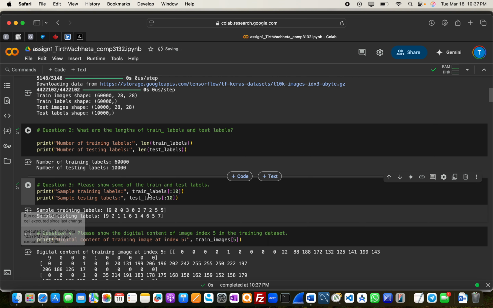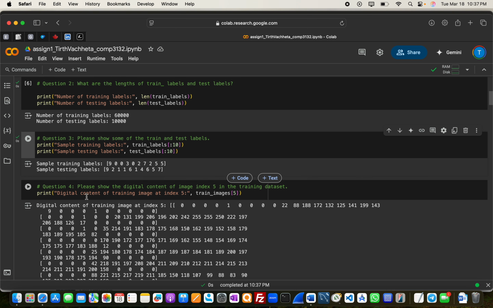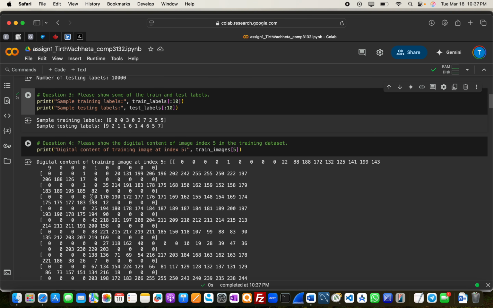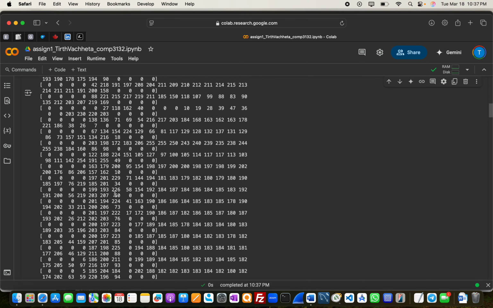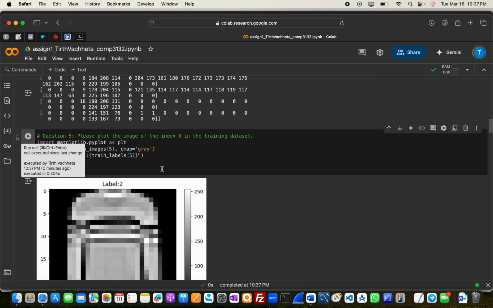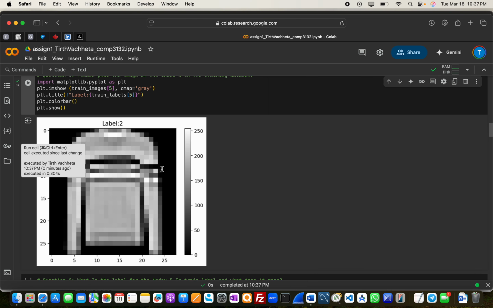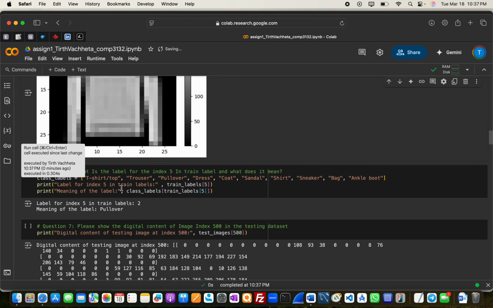Third question, showing the train and test labels right here. And question 4, I'm showing the digital content of the image index y in the training dataset. Running that, so you can see the output here. So question 5, plotting the image of the index phi in the training dataset right here. And moving to question 6,